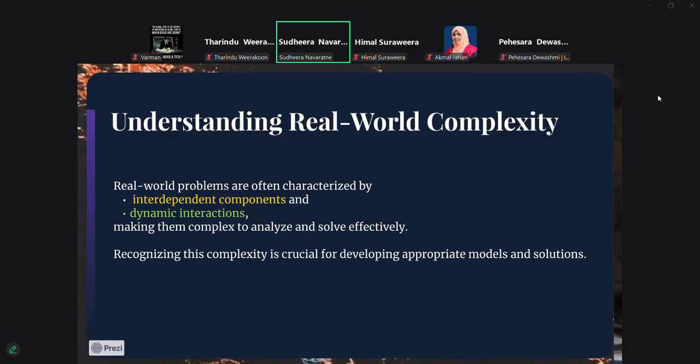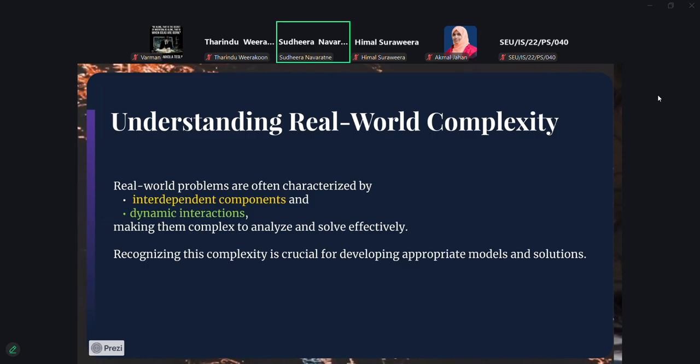As I said, you have very independent components in the real world, right? But these independent components have dynamic interactions. Now think about yourself. You are an individual component in this world, okay? But can you behave as you want in this world? No, right? There are certain rules in the society. Your friends are there, and the peer pressure or peer interest are there. So your behavior in this world depends on the dynamic interactions with the other people in this world, right?